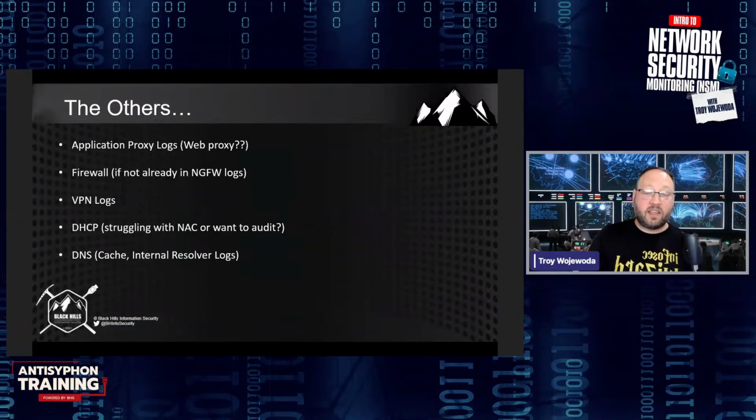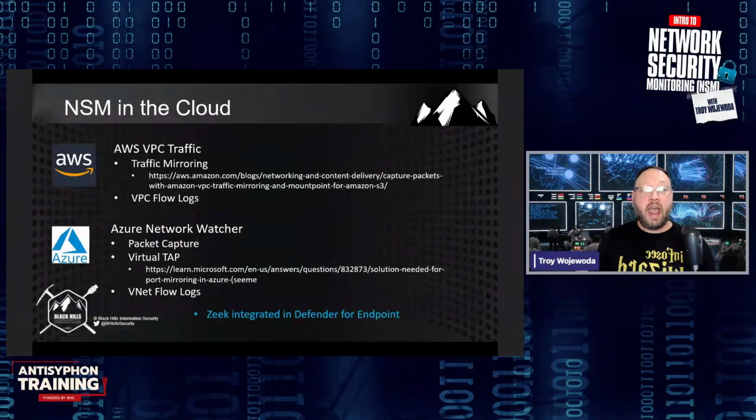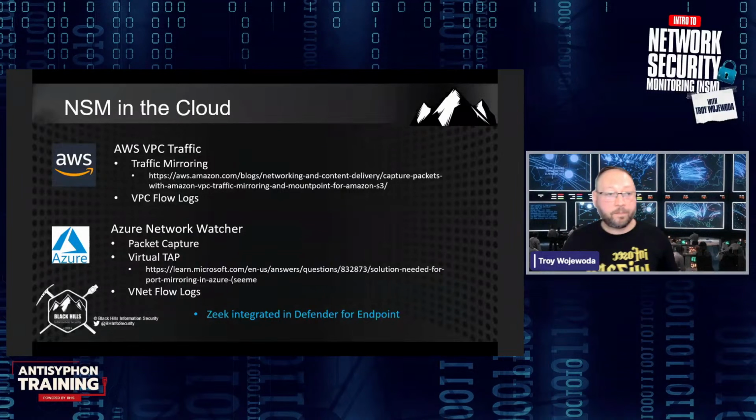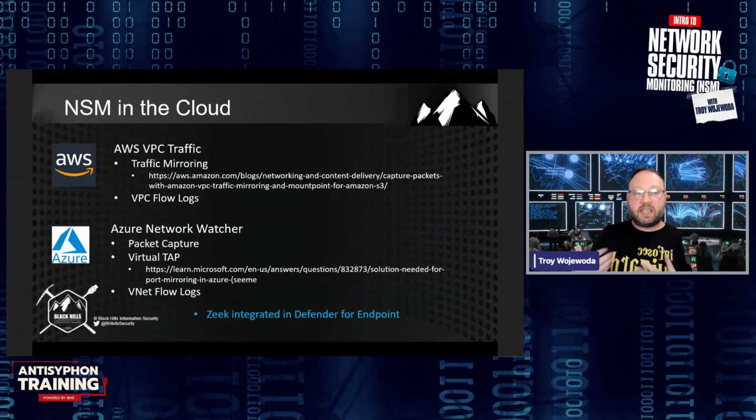If you can't get access to those perimeter network security monitoring choke points, for example, for DNS, there are internal resolvers. Maybe you can get some of the logs from those internal resolvers to get answers to some of that activity. And then we have the cloud, right? So we talked about traditional networks, but there's this capability of having network security monitoring in the cloud as well. Amazon has what they call both VPC flow logs as well as traffic monitoring. So you can create these software-based taps where you could deploy these network security monitoring solutions and get traffic